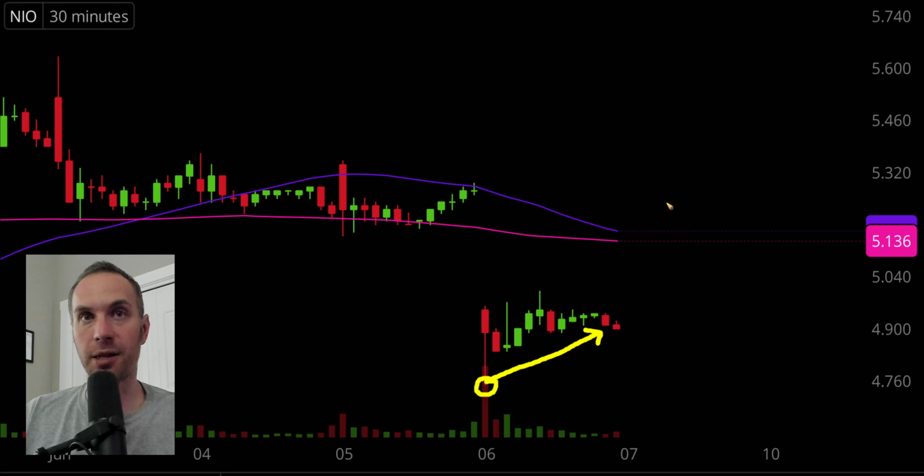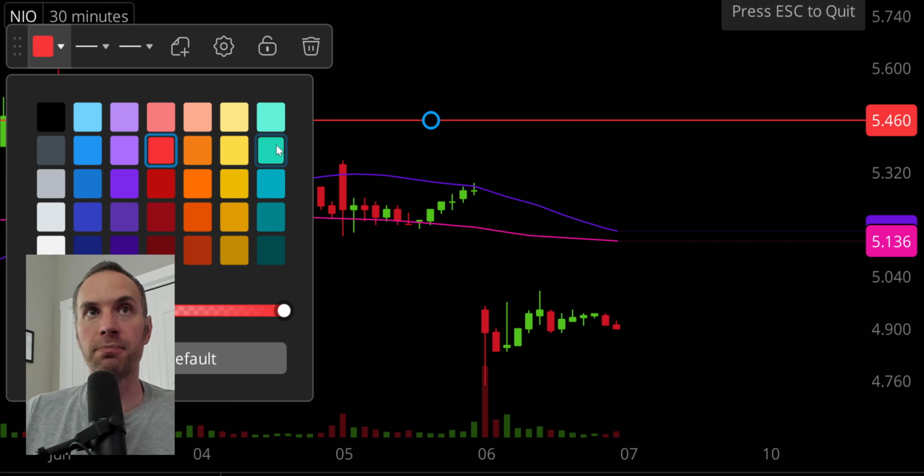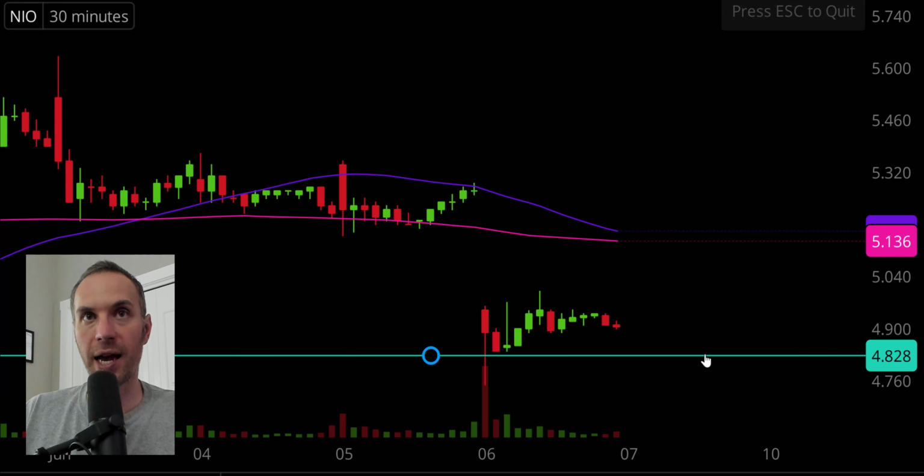Now, that does not mean that the bottom is in and that this thing is going to fully turn around. I'm just saying that it's at least a little bit more plausible to say, okay, maybe just maybe this downwards pressure is done and this thing's getting ready to turn back around. So on that note, definitely a very important level of support in my mind is going to be right there at